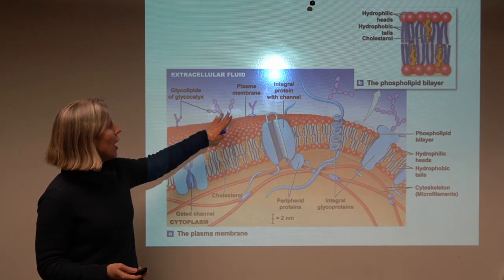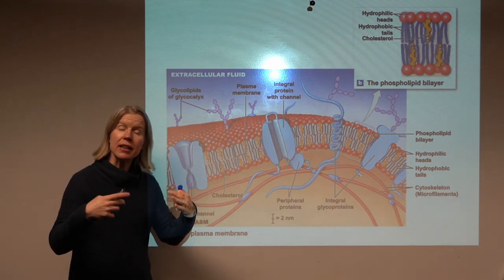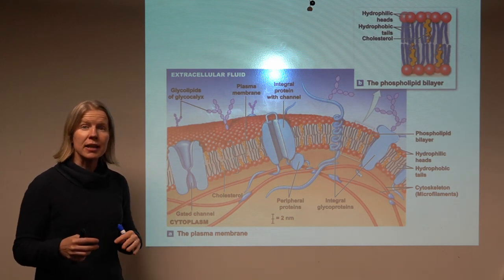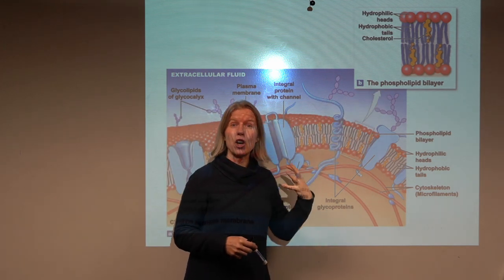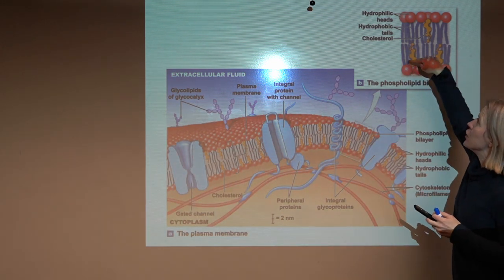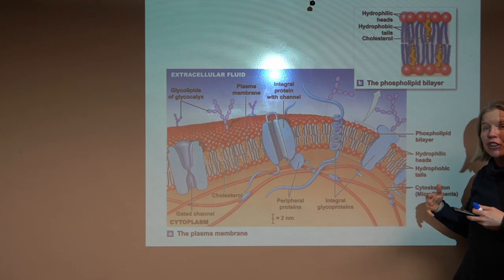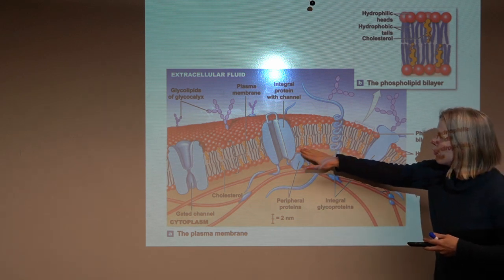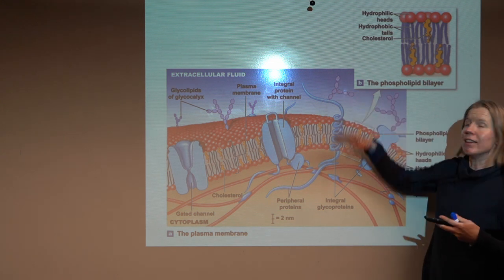So some of these little tails and structures that are hanging out of the cell end up being important in either sensing the environment or communicating out with that environment. So this cell membrane, this plasma membrane, is a phospholipid bilayer. And in the chemistry section, we talked about these phospholipids, right? They had a phosphate for the head and then these two fatty acid tails. We talked about how that phosphate group is actually hydrophilic, right? It loves or gets along with water. And so we see those hydrophilic phosphates either facing the cytoplasm, which is primarily water, or the extracellular fluid, which